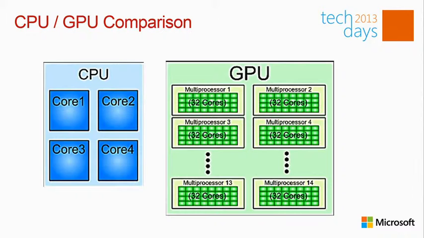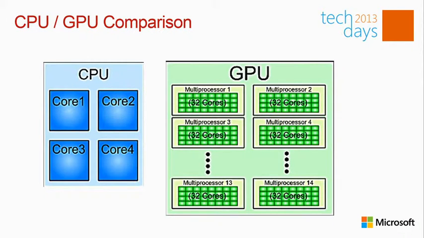Now the challenge has been, even when you wanted to use the GPU, it was hard because on the CPU you have a range all the way from assembly to scripting and everything in between. On the GPU, you have assembly and almost assembly and maybe CUDA, which is like C with assembly. It's very hard. There was really no mainstream language that allows you to program the GPU. And even if there was, it's different from the language that you use for your CPU, with a different compiler and different everything. So one of the things that we added to Visual Studio is the ability to target this GPU